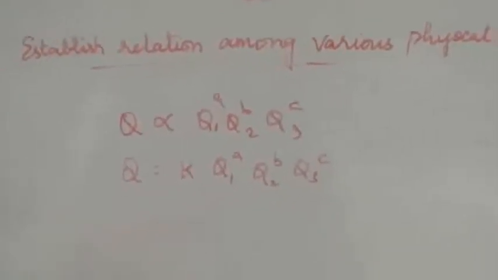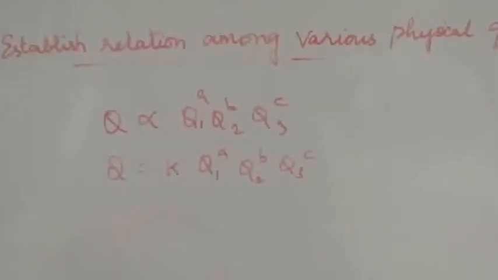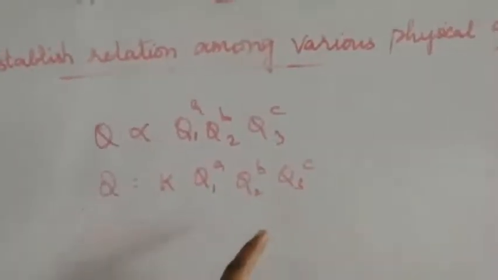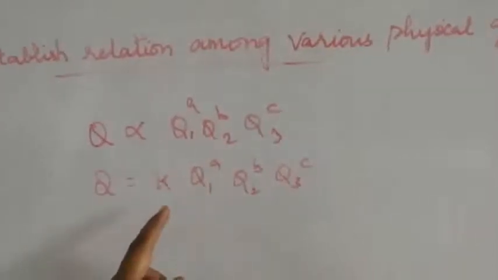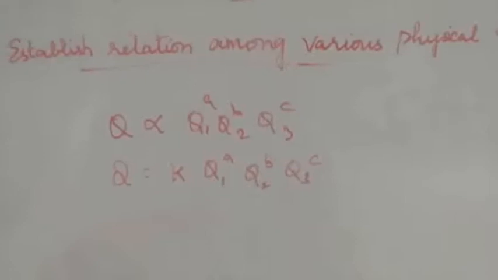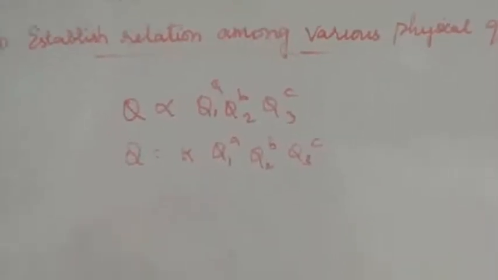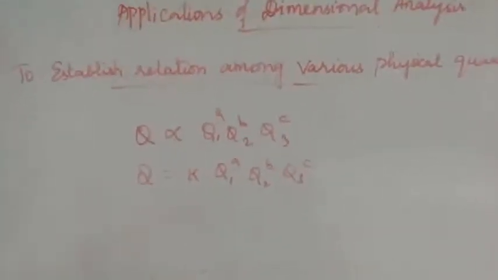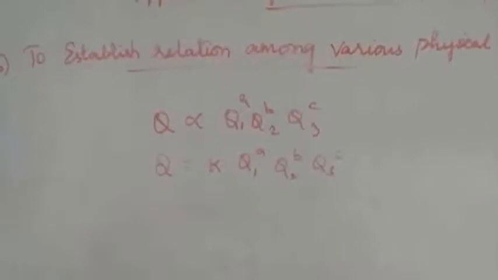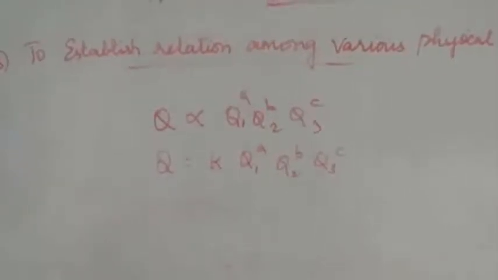So to establish a relationship among different quantities, you will simply multiply with a constant number. This number is what we have to find to relate it with the other quantities. This could be very well understood when you see an example. So you have an example with this. Let us discuss that now.